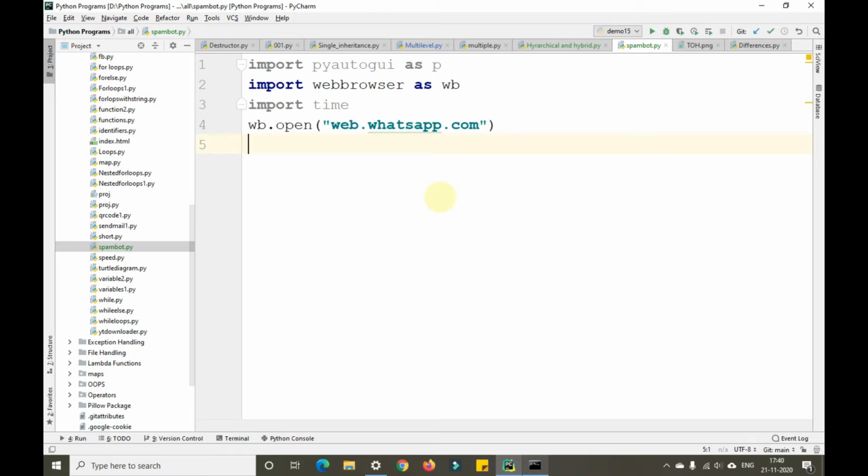Then I'll take time.sleep. I'll take this as 30, because after web.whatsapp is opened, it'll at least take about 30 seconds for that site to load, so that we'll log in and select that particular chat.